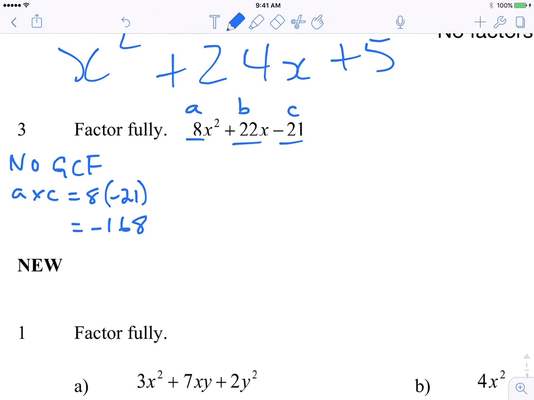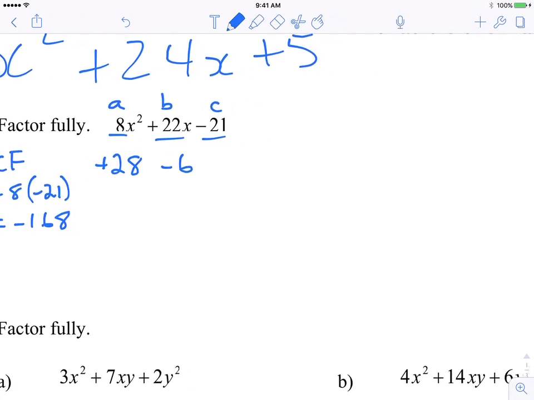Okay. So we're looking for two numbers that multiply to negative 168 and add up to positive 22. You may use your calculator and start playing with the numbers a little bit, seeing 168 divided by 2, 3, 4, etc. And what you'll end up getting is positive 28 and negative 6. So what we're going to do now is rewrite our equation by breaking down